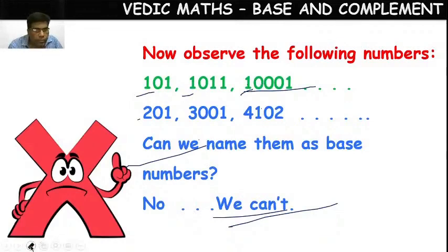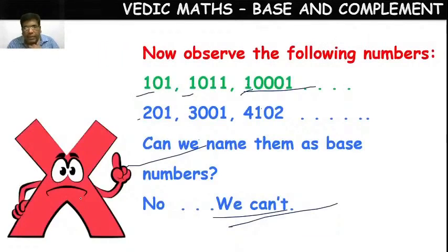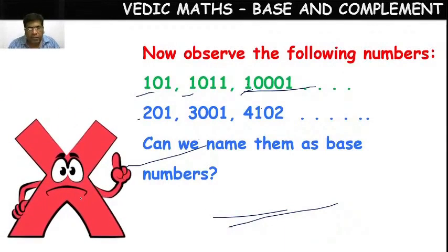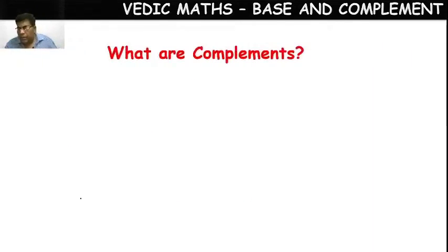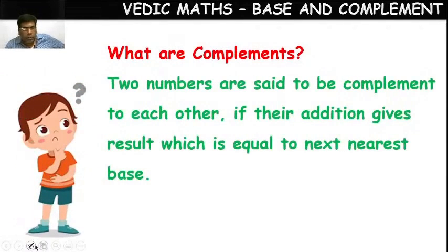Okay. Next, children. Is it clear, children, regarding bases? Is it clear? So bases means the numbers which start with 1 and are followed by zeros. Next, children. What are complements? What are complements? So complement means,